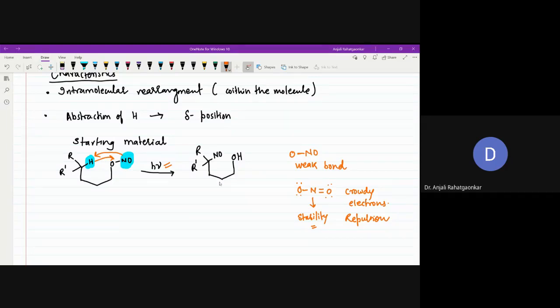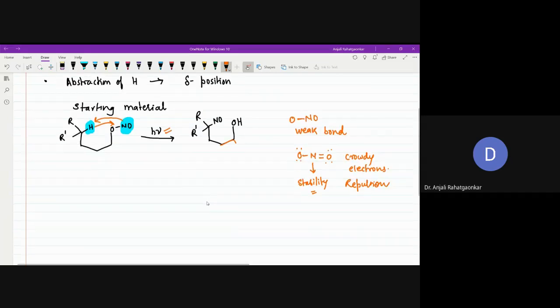Now let us see the mechanism. But before that, we must know which is the driving force that this bond will be disconnected, or there will be a cleavage at this bond, or the homolysis at this particular bond. Now let us see the mechanism. Now what is the mechanism? Now I'll take the